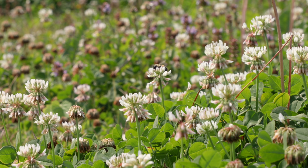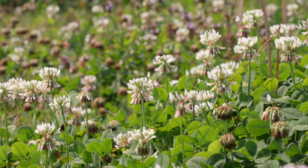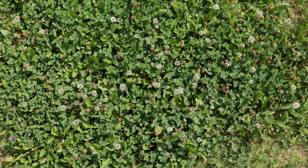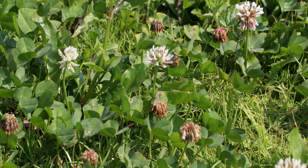In addition to providing forage for pollinating insects, incorporating legumes like white clover has the added benefit of nitrogen fixation, which provides nitrogen to surrounding turf grass and minimizes the need for fertilizer inputs. The Bermuda grass with the white clovers also looks very good. It's very healthy. We can tell that the clover is adding the nitrogen to this Bermuda grass, and it's very